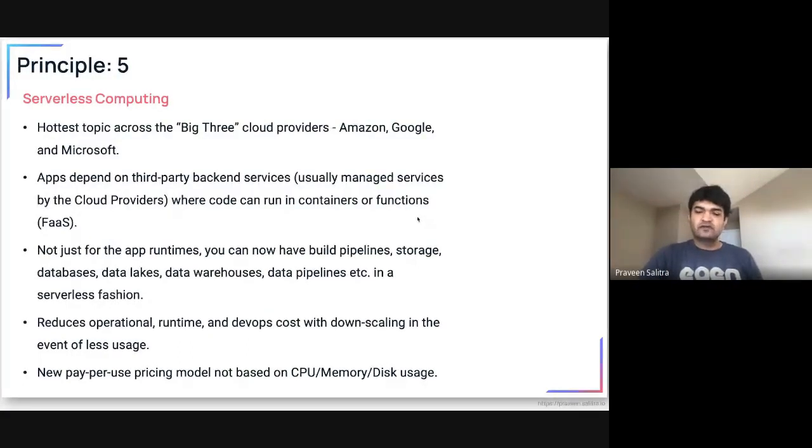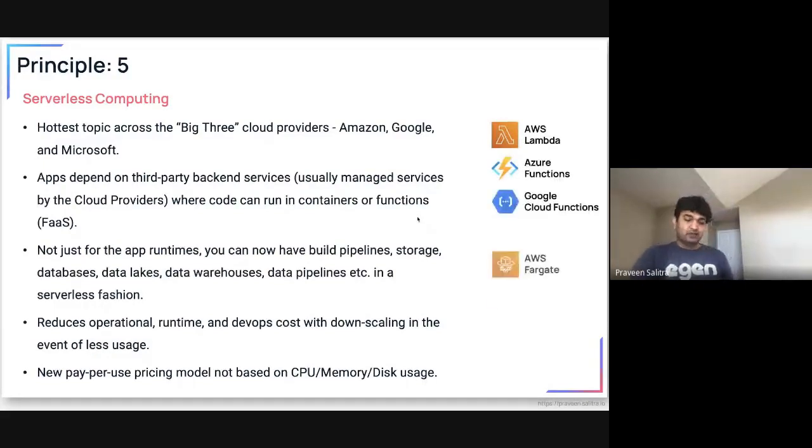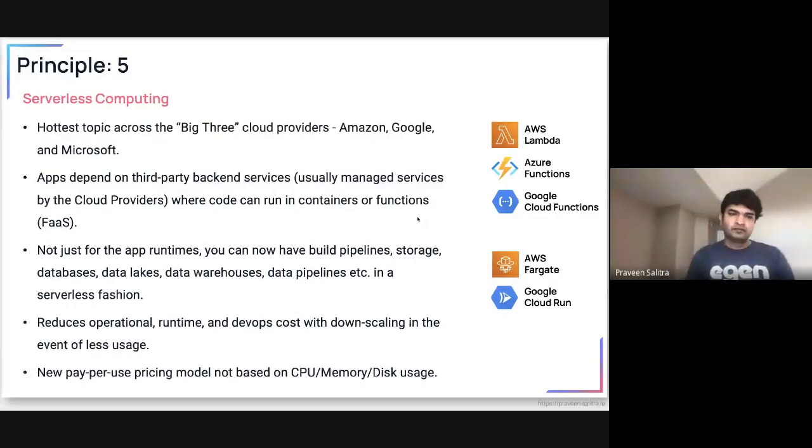So there are some services which will allow you to say, you know what, you need this many connections to the database, and they will scale up and down depending on the load. So you can give a range and not worry about CPU, memory, disk provisioning anymore. So the pay-per-use model was always there. That was the beauty of cloud computing, right? But now that has been simplified, because so far you are still paying based on the CPU, based on the memory, based on the disk usage.